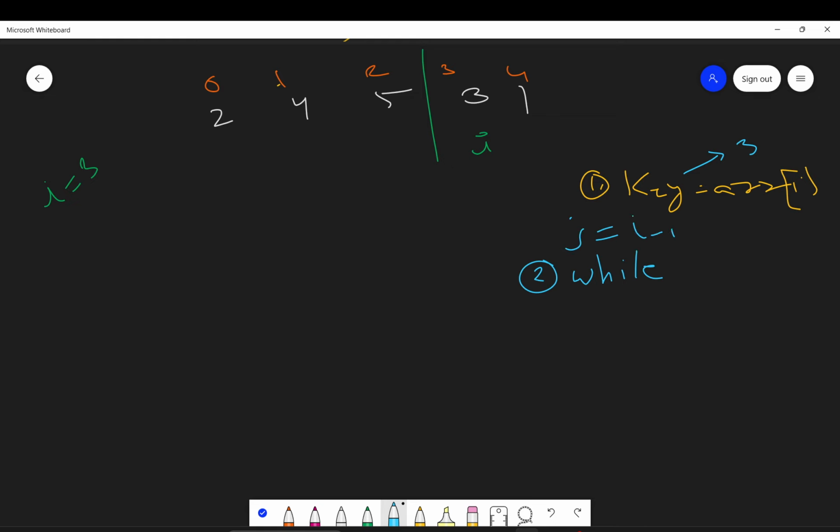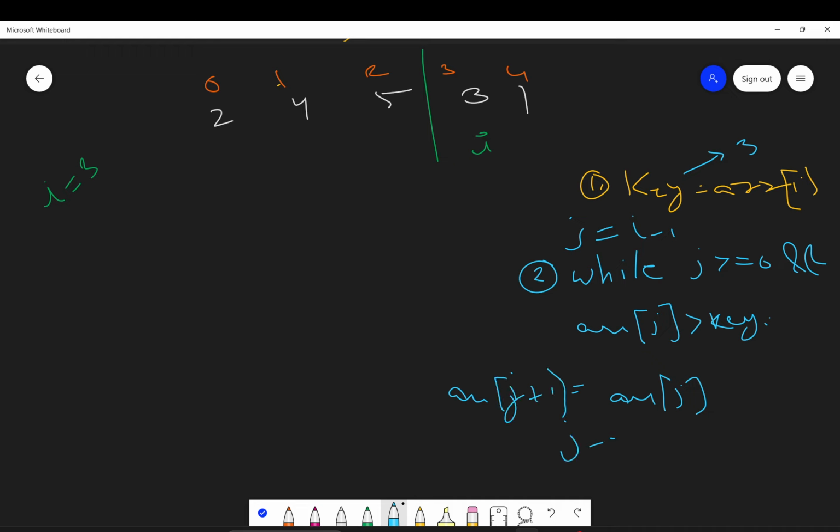While your j is greater than or equal to 0, and arr of j is greater than key, you will keep on shifting the elements one step right. So you will be doing arr of j plus 1 equal to arr of j, and j minus minus. These are the steps. Okay, let's do that.